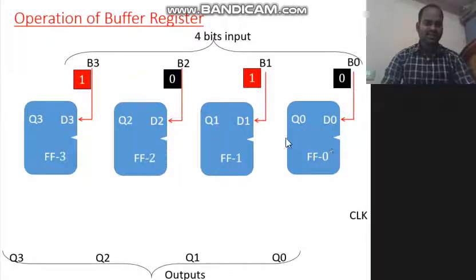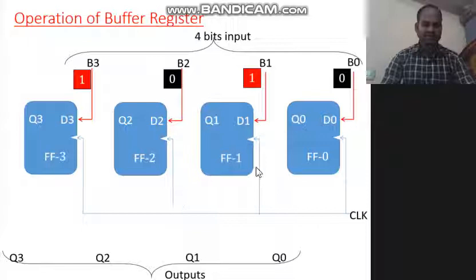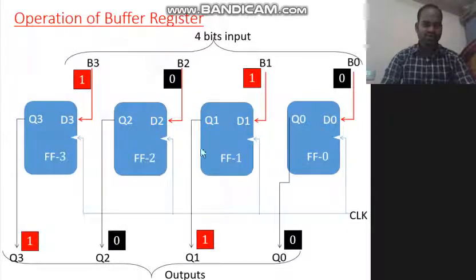This data is included in the D flip-flop, and we apply the clock pulse to all the D flip-flops. The same clock pulse is applied to all the D flip-flops, and the corresponding outputs of these D flip-flops are Q0 0, Q1 1, Q2 0, Q3 1. So the same data will appear at the output after some time, so this register is called a